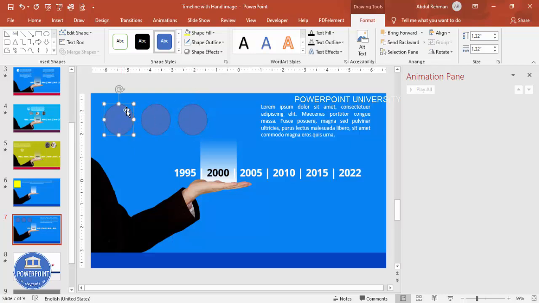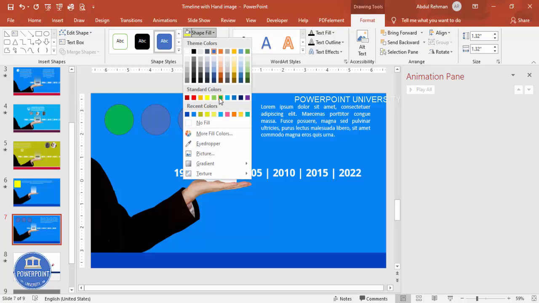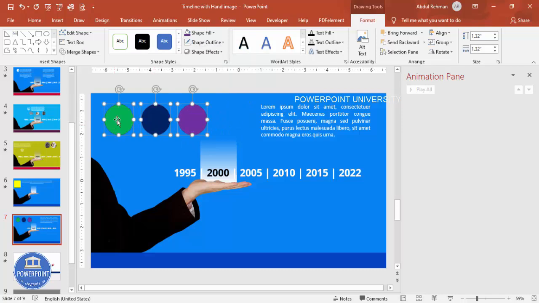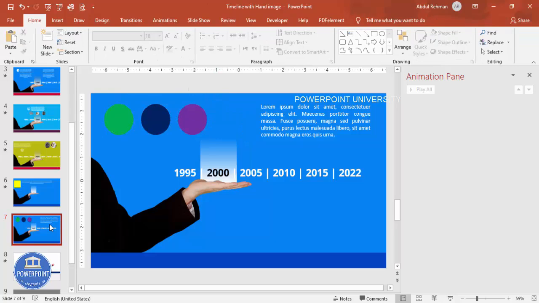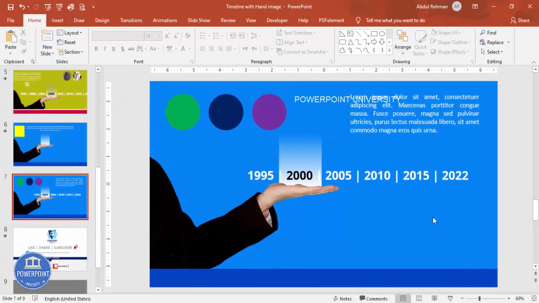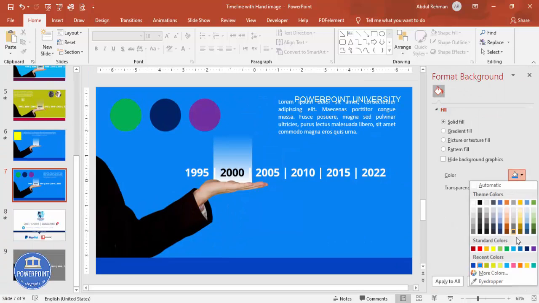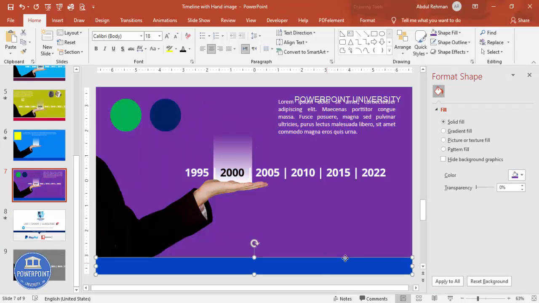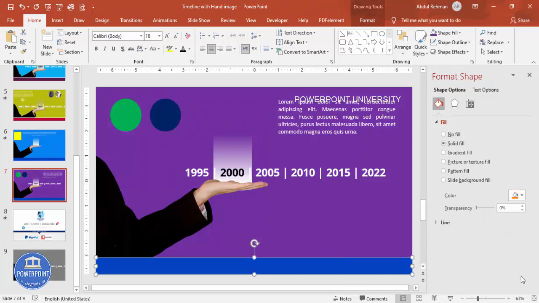Or I'm going to give some different color combinations. You can add anything of your choice here, shape outline, no outline. And then for the background color, let me just close this, go to format background, and I'm going to give a different color here, maybe a purple, and this color could be an orange.